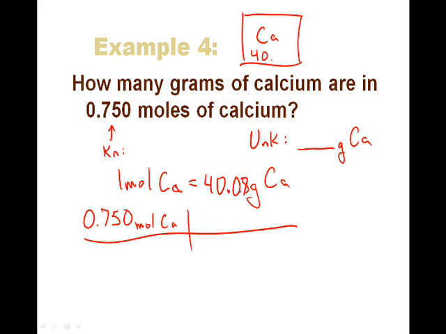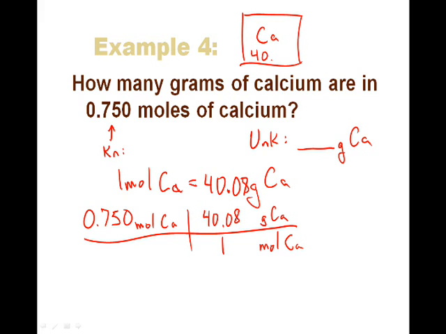So that's the number of grams of calcium in 1 mole. And I need the mole to factor out. So I'm going to put mole of calcium on the bottom. And on the top, I want my new unit, what I'm looking for in the unknown: grams of calcium. So I'm going to put grams of calcium up on the top. So 1 mole is